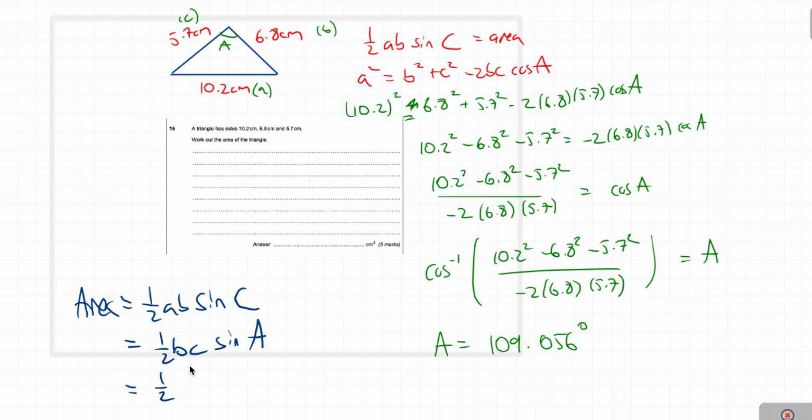So here it's going to be half times B times C, which is 6.8 times 5.7, and then sine 109.056. Plugging this into your calculator, half times 6.8 times 5.7 times sine 109.056 is equal to